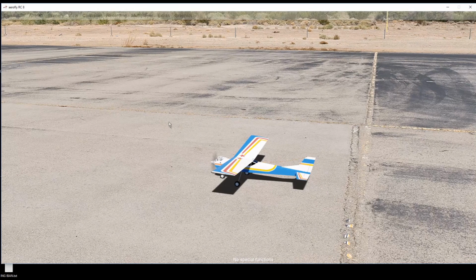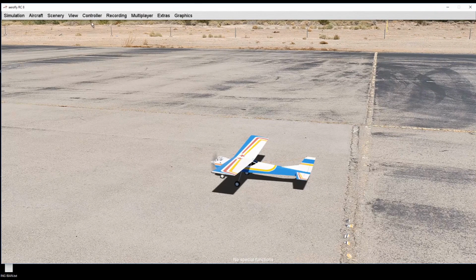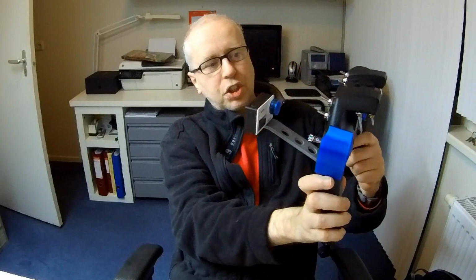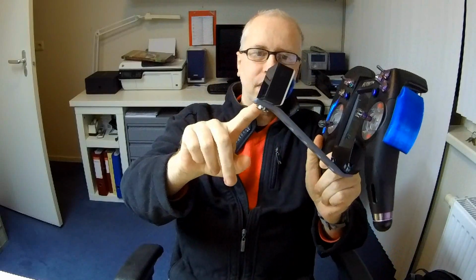To get it to actually work, you'll obviously need to set up a controller, right? A radio. Now I'll be using this radio here, the NV14 Nirvana from FlySky. And no, it won't have this weird appendix. I've made that to be able to mount a camera above my sticks, so I can show you what I'm actually doing, right? Well, this is simply a 3D printed piece I designed myself,